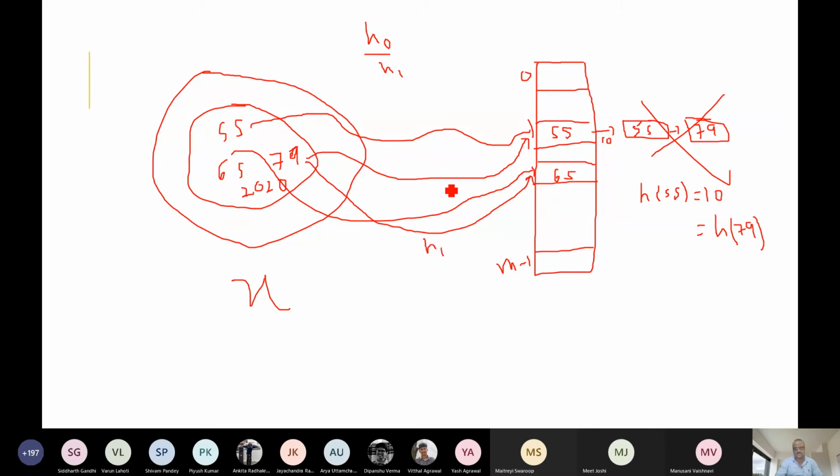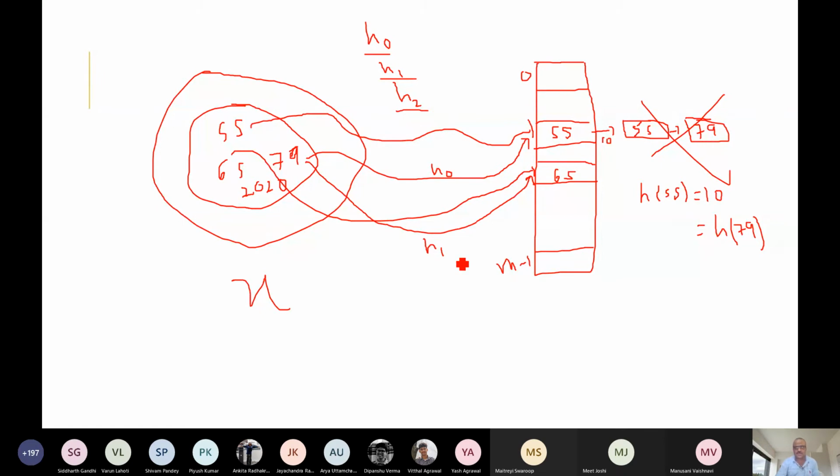So this is h1, and this was h0. Then again it is not empty, so we have to apply another hash function, h2. So we have a sequence of hash functions here, a probe sequence. The first attempt does not get an empty slot, so we go for the next probe, which is another hash function, because if you use the same hash function, it leads to the same slot. So we have a sequence of hash functions, a probe sequence, and we keep trying until we reach an empty slot.